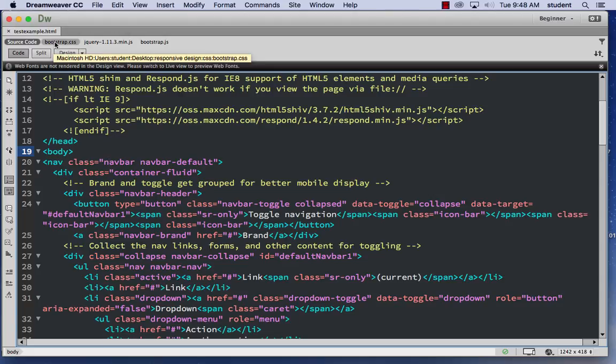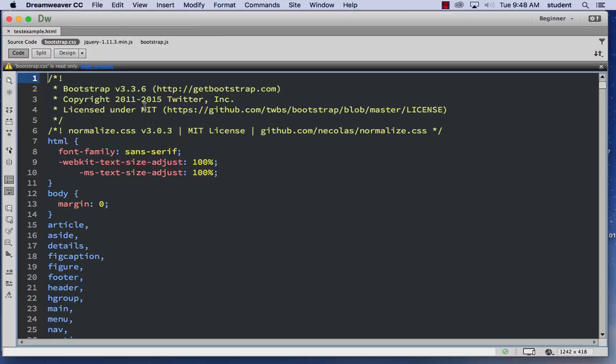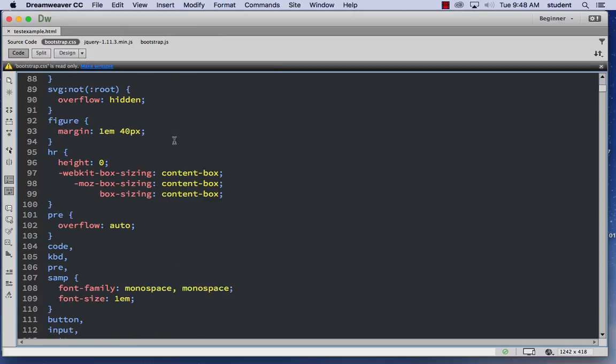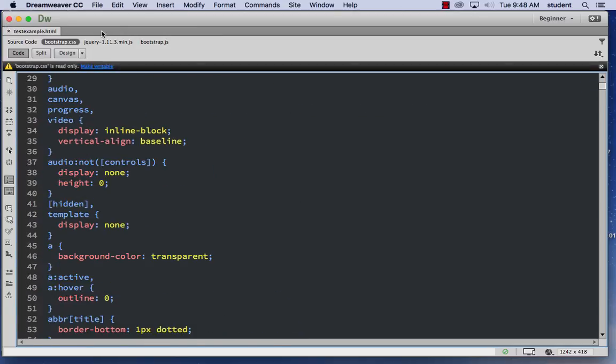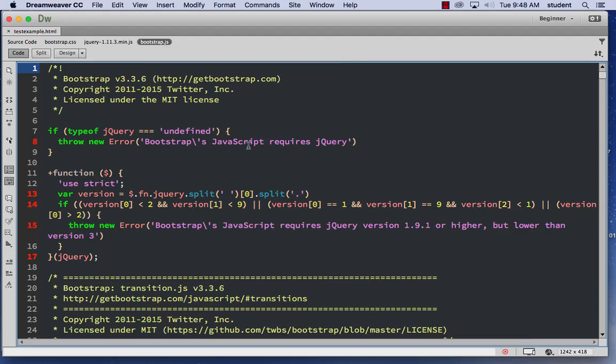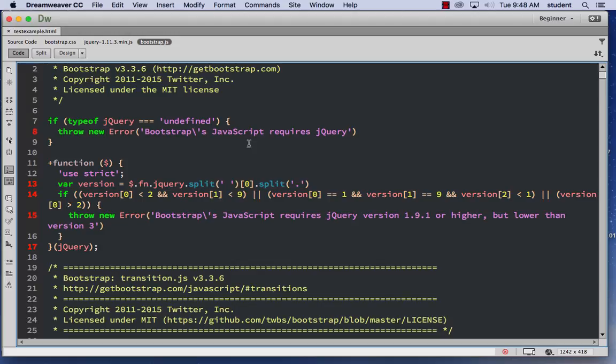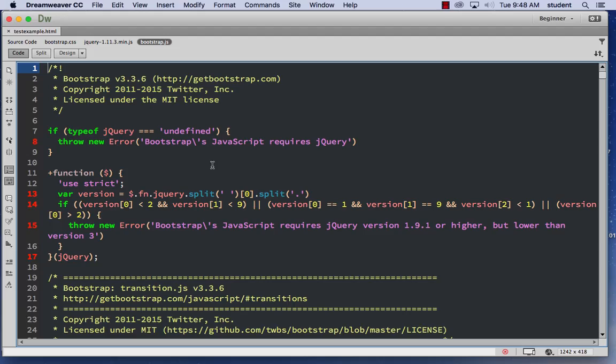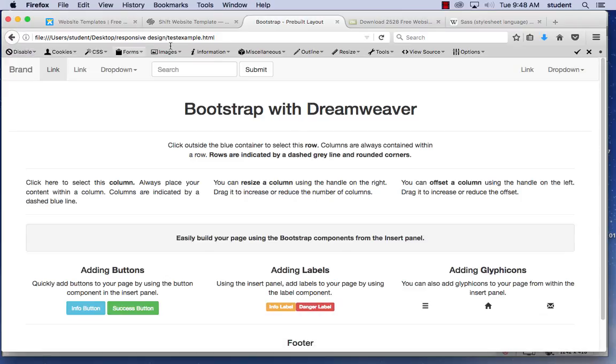In addition, you can go and see the code if you want. It shows you all the CSS. You might need to rip some of the CSS out and put your own CSS in there. It also has jQuery built right into it, as well as Bootstrap. So it has a Bootstrap JavaScript already there that's taking advantage of the jQuery. So in this case, you're starting with, and this is very popular, if you look at the Bootstrap website, they talk a lot about